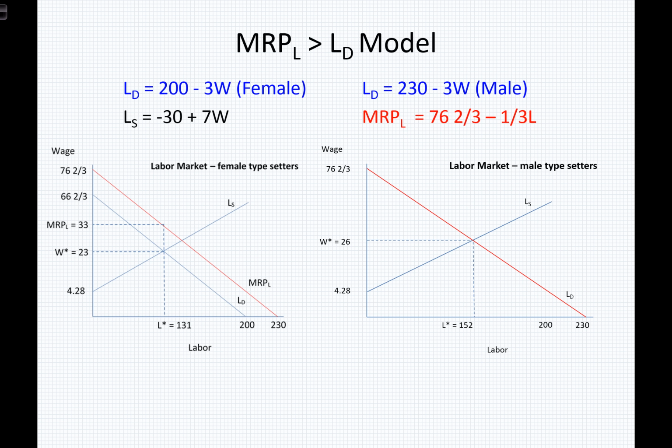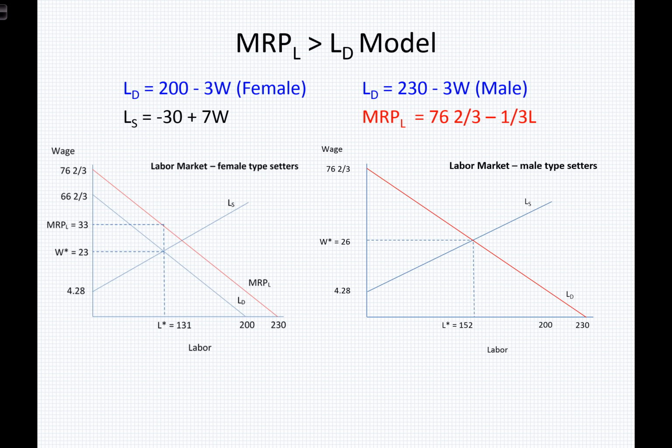And that's if we simply change MRP of L and substitute that with W, and then rewrite the equation normalizing on L, or in this case this becomes labor demand. And if we were to mathematically rearrange this and normalize on L, we would find that it would be L equals 230 minus 3W. So this curve is the exact same curve as the labor demand curve and the marginal revenue product of labor curve